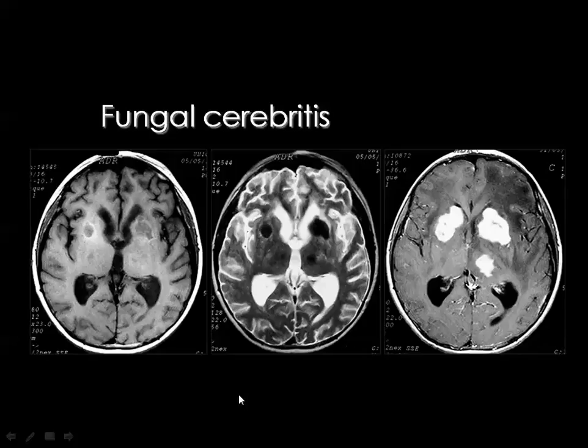But one of the helpful criteria for the diagnosis of fungal cerebritis is the well-known characteristic signal appearance of the fungus in the T2 weighted images. And you see here in the T1 weighted image, there are lesions of intermediate signal, and in the T2 weighted image, there is significant drop of signal intensity of the fungal lesions. And this is one of the